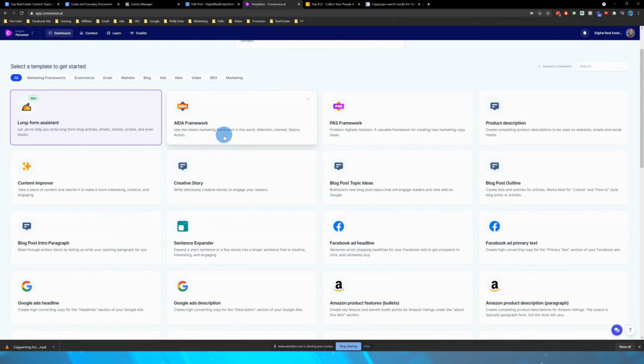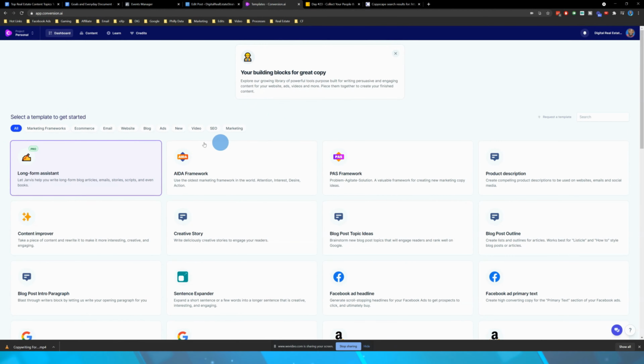They have several different variations within here. This is everything. So at the very top, these are filters, and you can filter based upon what you want to create content around. So they have marketing frameworks, e-commerce, email, website, blog, whatever. They have a bunch of things. I'm going to click on maybe three of these ideas and demonstrate so you can see the power